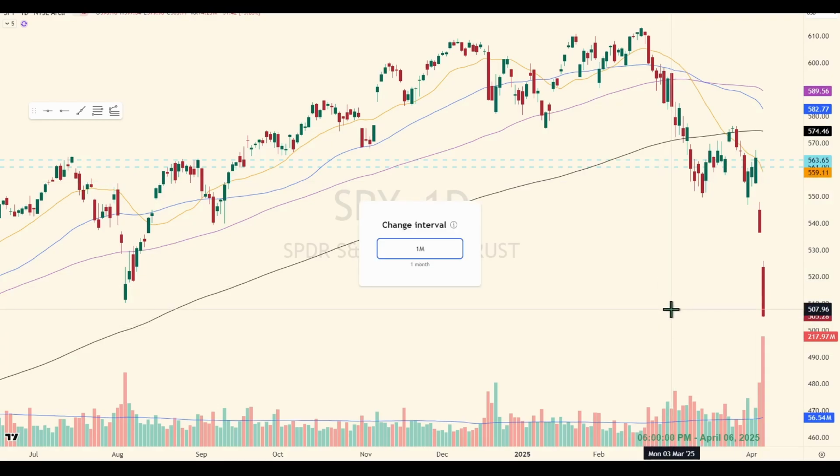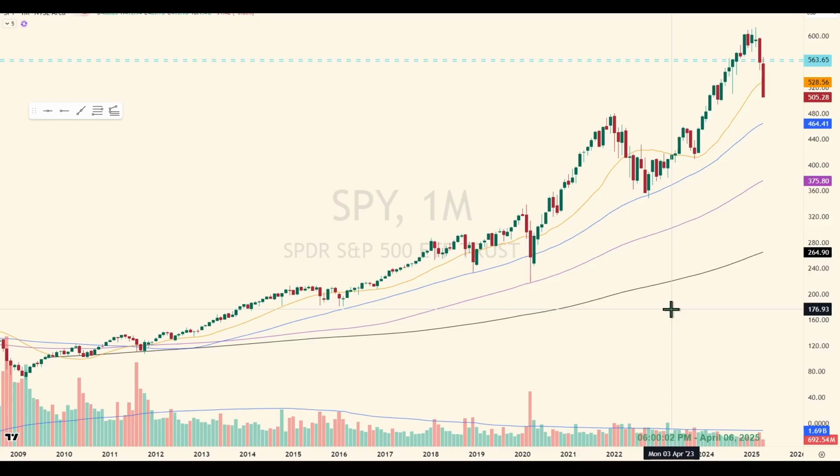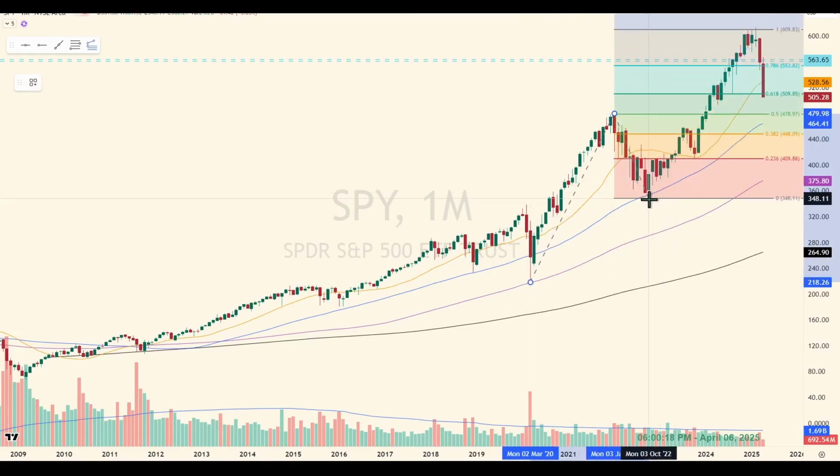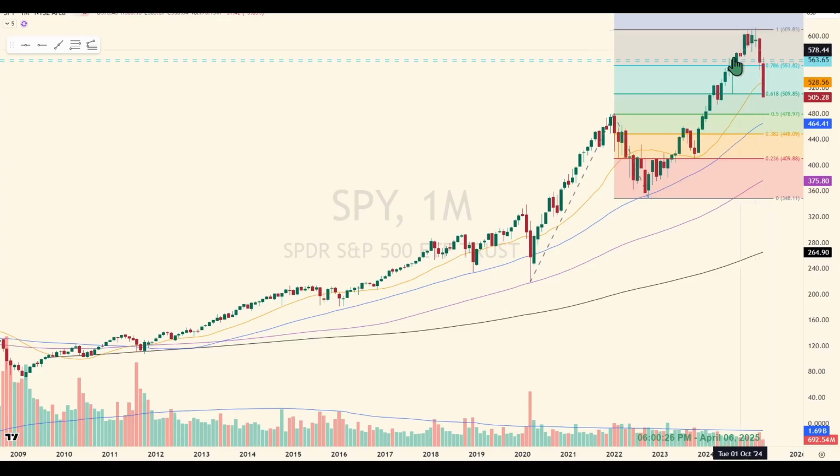It's a little early to look at a monthly chart because we're only on the 6th of April so far, but look what they've done so far with the monthly. So we've been talking about how 610 was a target. Show you how that is derived, or where that comes from. Is you've seen this before. It's a Fibonacci extension from this low way back here in March of 2020, the highest they made, lowest they made back in October of 2022. And 610 was a 100% retracement or a symmetrical move from here to here applied to this low.